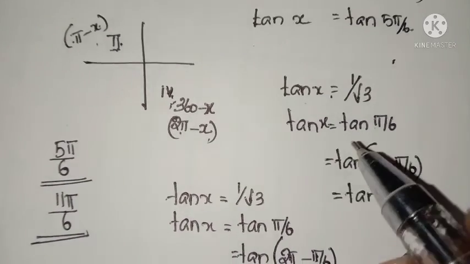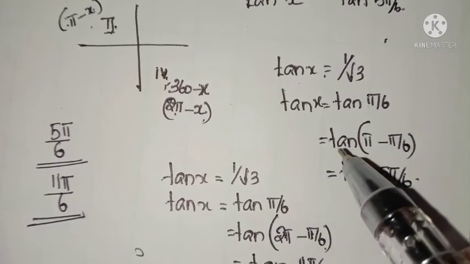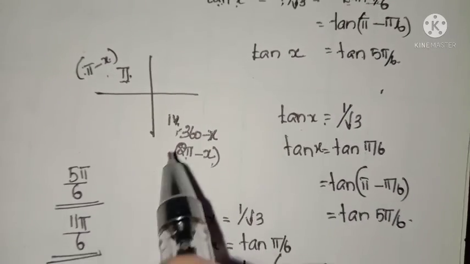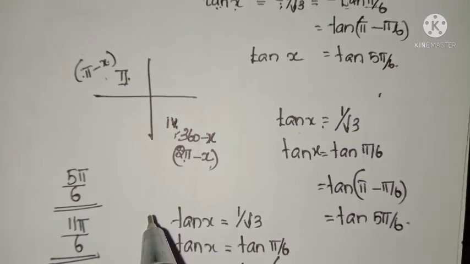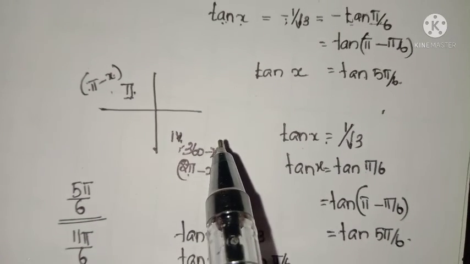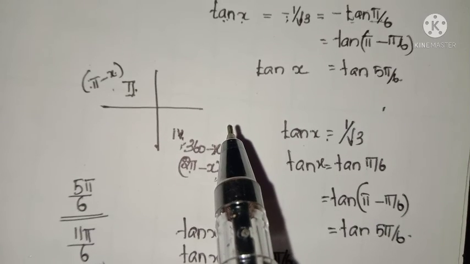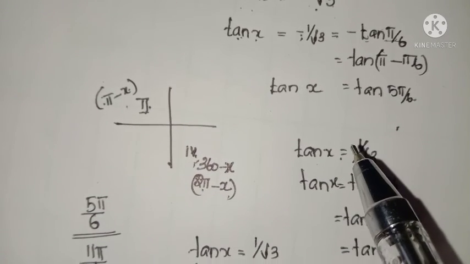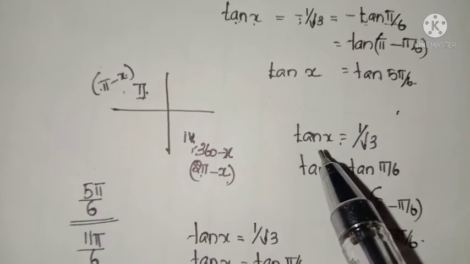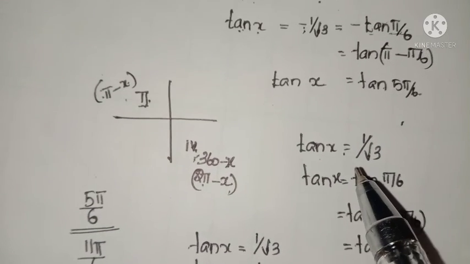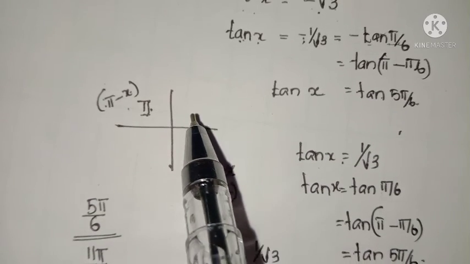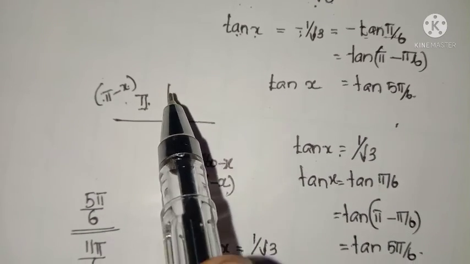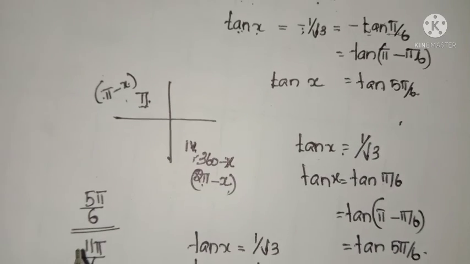Okay. Without finding general solution, using the concept of quadrant, we can easily find the principal solution. So it is up to you which method you opt for. It's up to you, no problem. If you are using general solution, you have to put n equal to integers. Otherwise you should know in which quadrant trigonometric ratios are negative as well as positive.